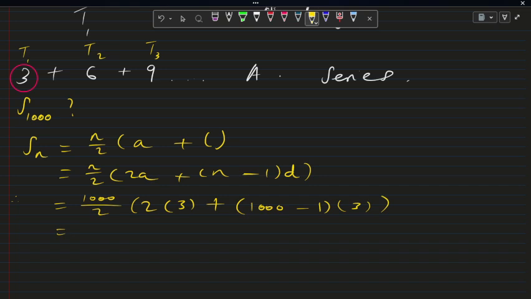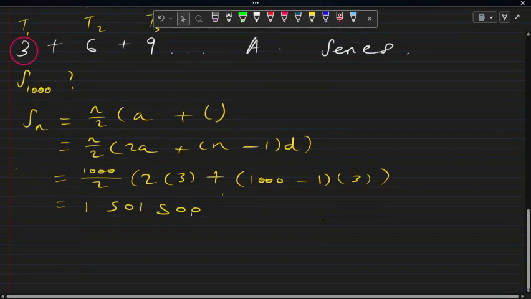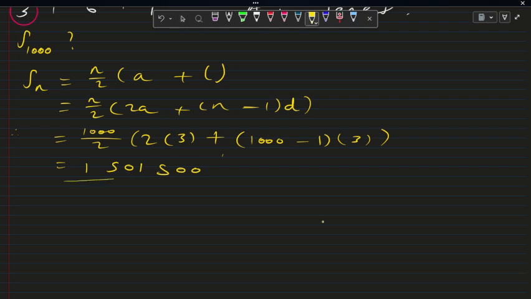Let's see. 1,000 divided by 2 multiplied by the bracket. The answer that we get is 4,501,500. Okay, so this is the answer that we